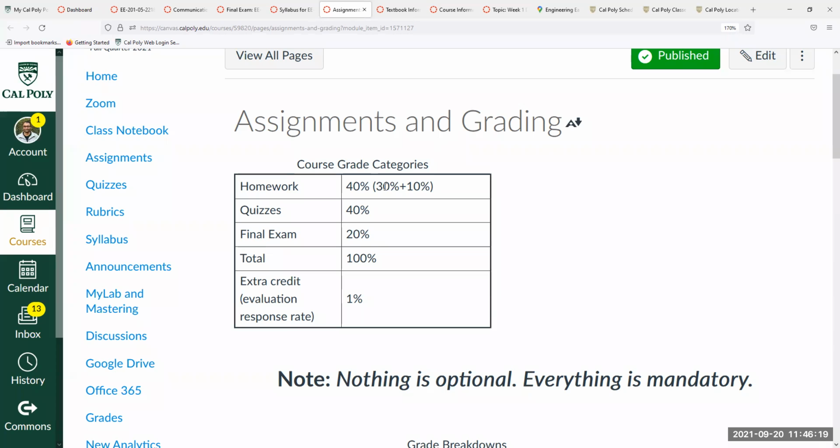So you can see how you're doing as the quarter progresses. As we go along in the quarter, you'll be able to track your performance based on the homework and everything. Now, the homework submissions, as I said, are more to keep everything fair. So I will go through them, but I'm not going to individually grade each and every problem. I will take a look at the PDFs that you have submitted, the work that you have submitted, and make sure everybody's doing the work and not just copying. When you submit it,